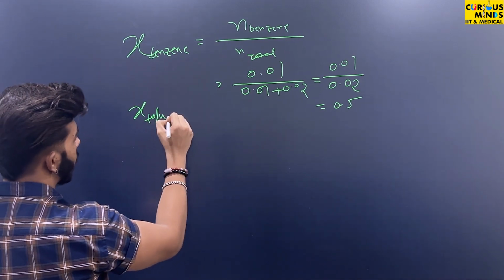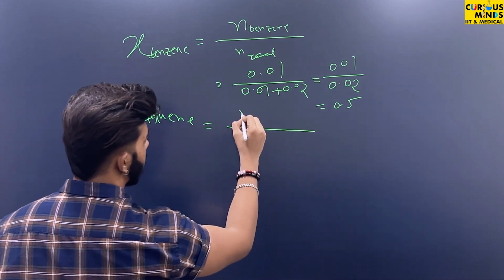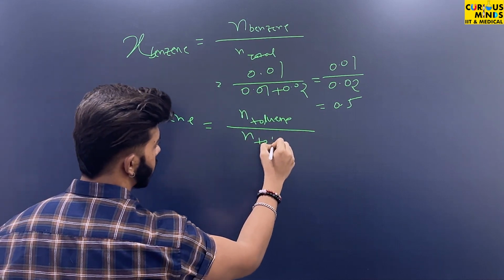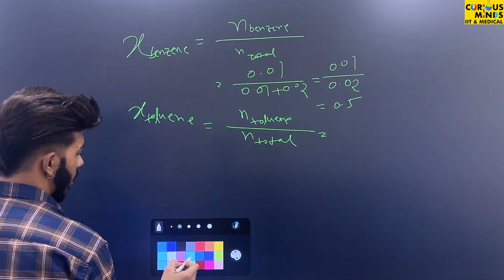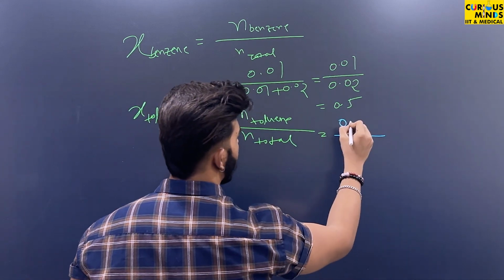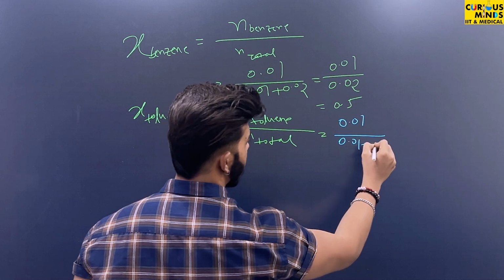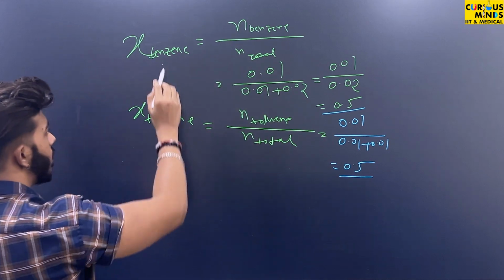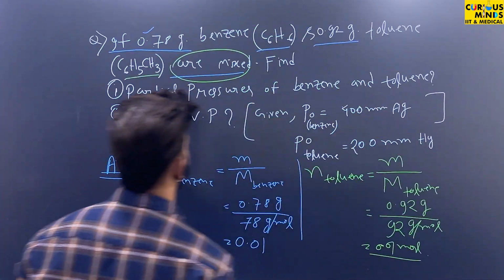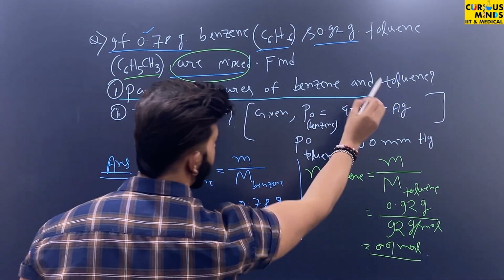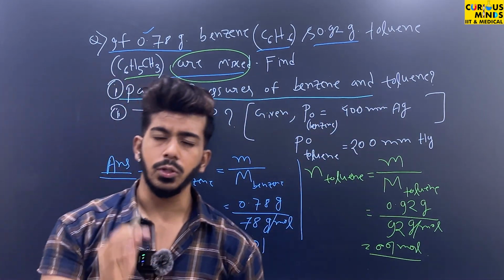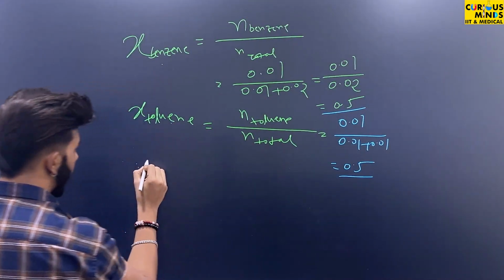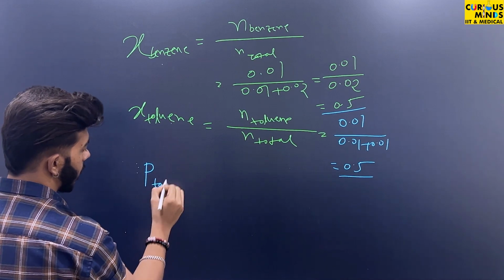Okay, now mole fraction of toluene भी निकाल सकते हैं ऐसे, टोलुइन ये क्या होगा, same, that is mole number of toluene over total mole, ये भी होगा same, that is 0.01 बाय इसका टोटल कर दो, 0.01 प्लस 0.01, ये हो जाएगा again 0.5। So ये हो गया मोल फ्रैक्शन ऑफ बेंजीन, मोल फ्रैक्शन ऑफ टोलुइन। Now let's go to the question. क्या पूछा, partial pressure of benzene and toluene, मतलब बेंजीन का भी टोलुइन का भी, दोनों का partial pressure we have to find out. क्या था फॉर्मूला राउल्स लॉ का, बहुत easy है,